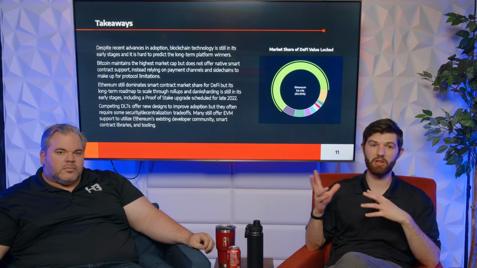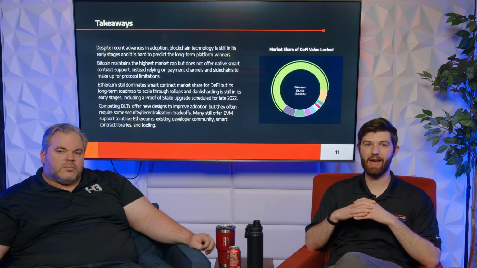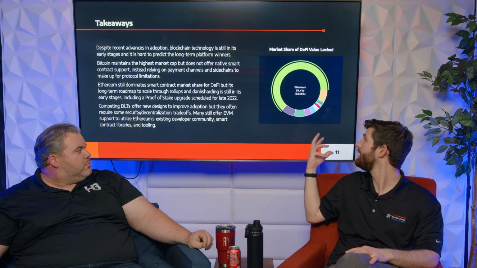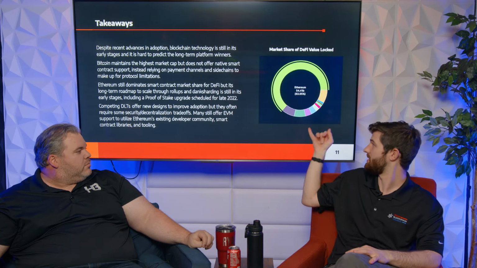And so, really, if we change gears and focus on Ethereum, it has a massive amount of dominance in the smart contract market share, and that's with a lot of competition right now. If you look at this, this is DeFi value locked, this is DeFi activity. Right now, of all the chains out there, Ethereum still has like 63% of all that value. And this is a chart I got from a website called DeFi Llama, which is just tracking all of this.